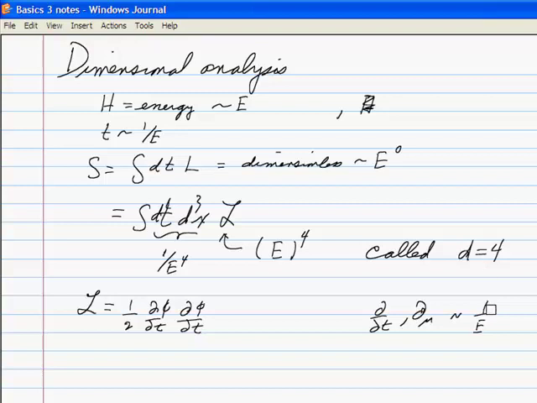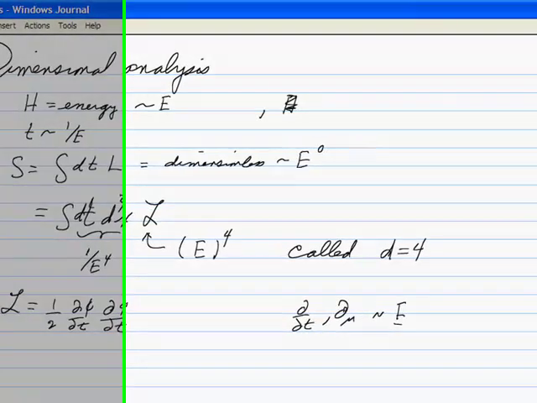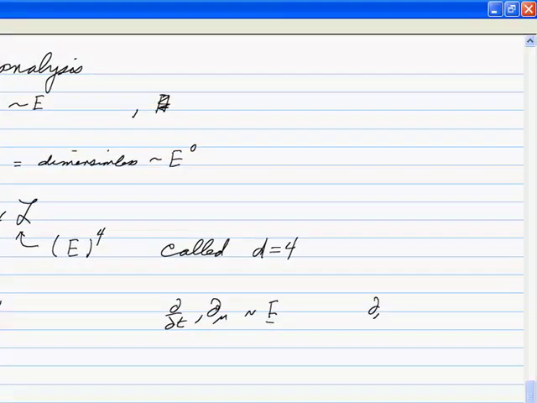No, I'm sorry, it goes like energy. T goes like 1 over energy. D by dt then goes like energy. And if you think of d mu on e to the minus i p dot x,